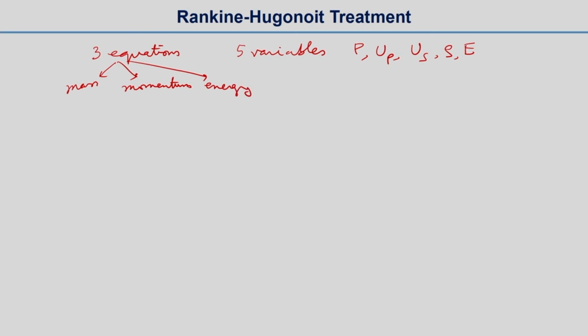So, if you want to know the relationship, let us say of these shock wave parameters, let us say we need a relation between P and US, or P and let us say UP. So, what we need is one more equation so that we can express these parameters in terms of other parameters. So, there is another, the fourth relationship,